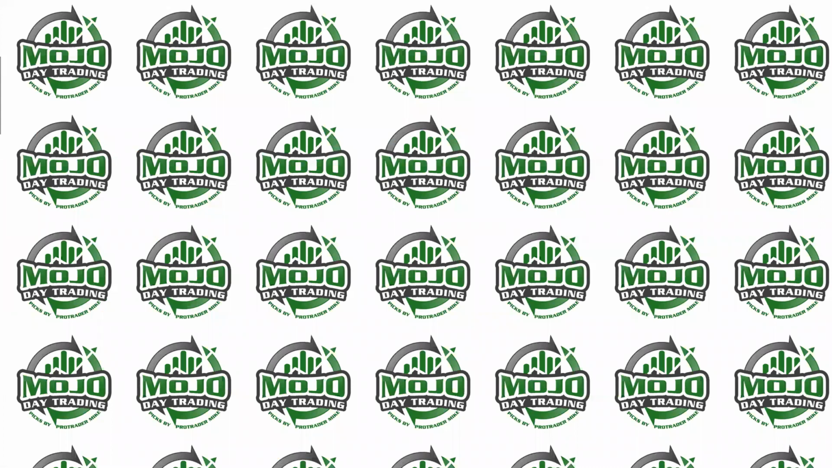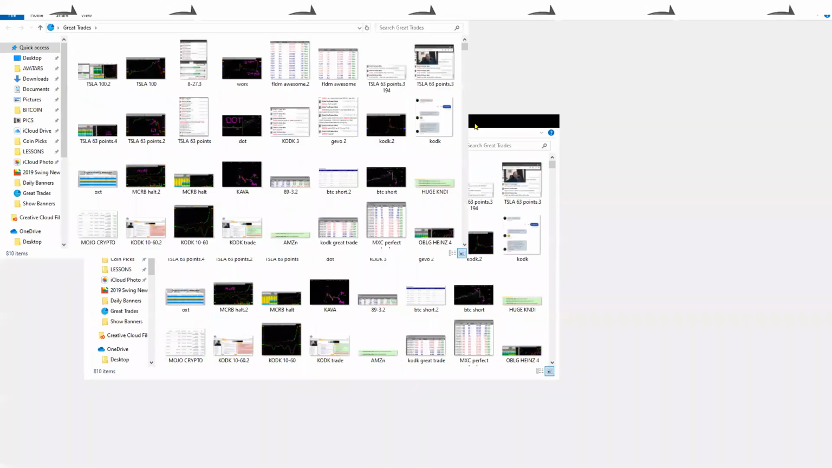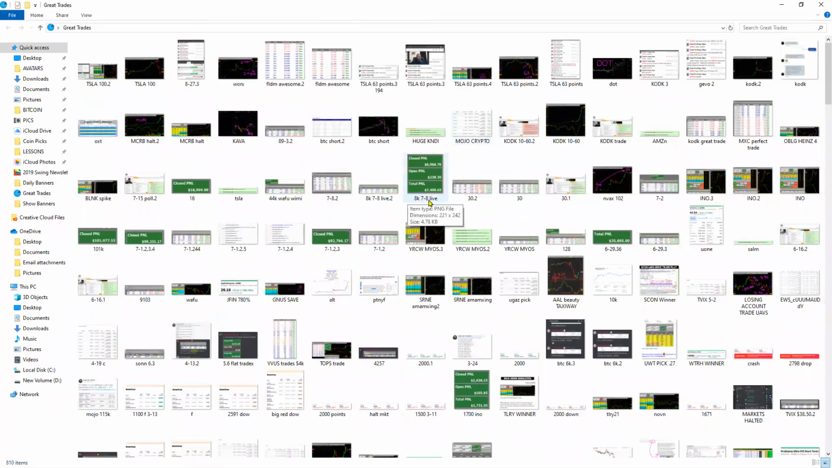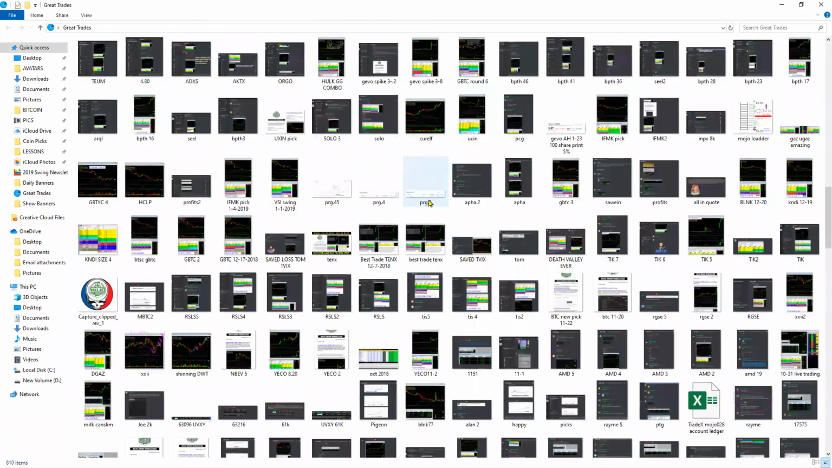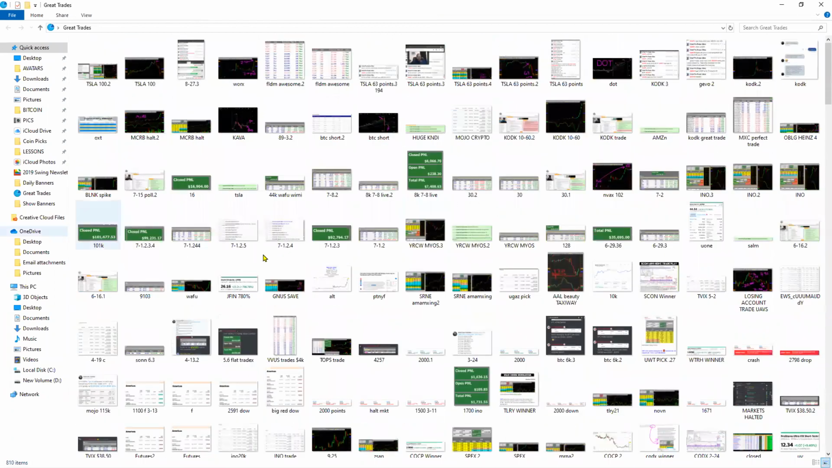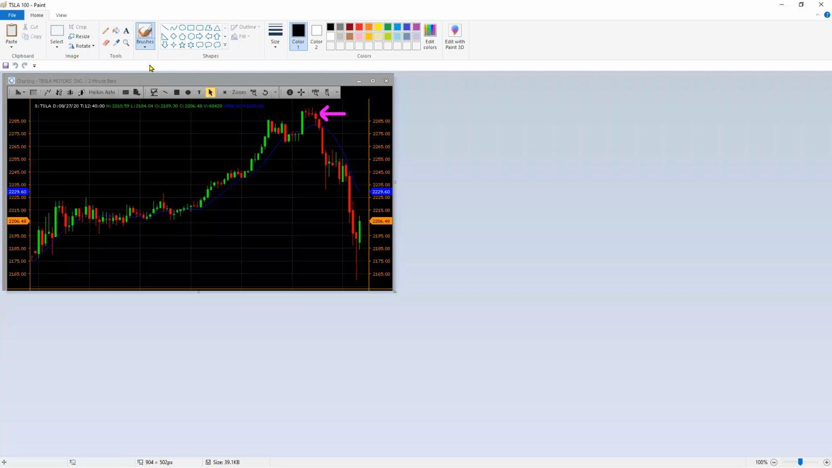What I wanted to do today is go into my greatest trades folder. This is an accumulation of all the greatest trades that I've done throughout the years. And why are they so great? Let's look at AAL, Kava, Works, Tesla, all these. Okay, here's a 100-point drop on Tesla. So if you look at this,